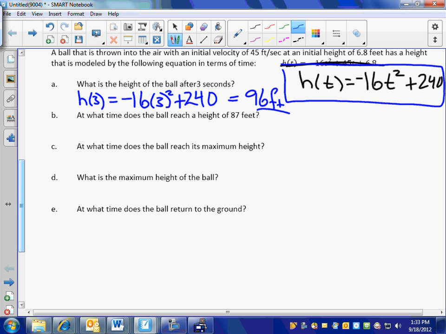Let's ask a more difficult question. At what time does the ball reach a height of 87 feet? How would I do that problem? At what time does the ball have a height of 87 feet? What would I do there? Where do I plug in the 87 for? The height. 87 is equal to negative 16 t squared plus 240. Now I need to solve for t. This is a quadratic equation. You can either factor, you can use the quadratic formula, you can complete the square, or you can use a very basic solving technique. In this situation, if you subtract 240 from both sides,